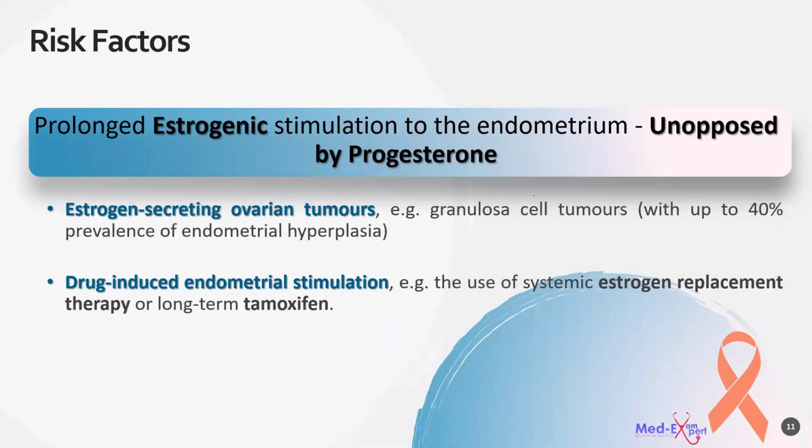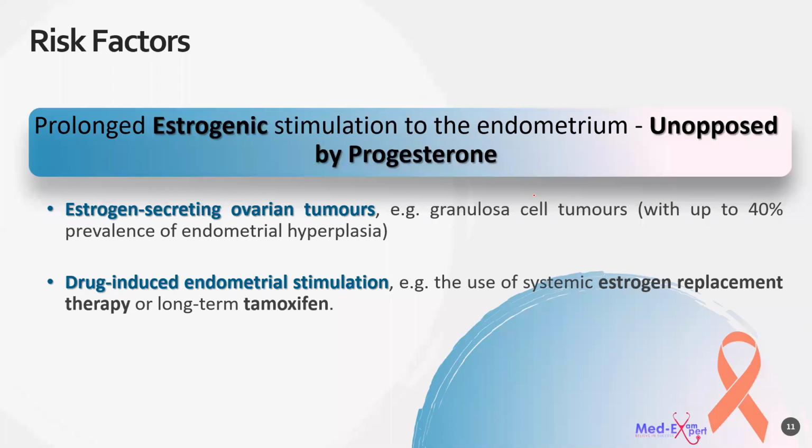Also, estrogen-secreting ovarian tumors. The most famous of these tumors are the granulosa cell tumors. Cases of granulosa cell tumors which secrete large amounts of estrogen could be associated with endometrial hyperplasia in 40% of the cases. Also, drugs which could induce endometrial stimulation, like estrogen replacement therapy or hormone replacement therapy, and